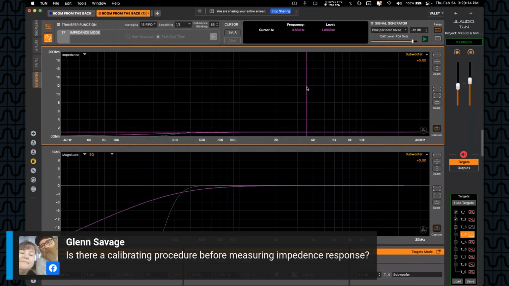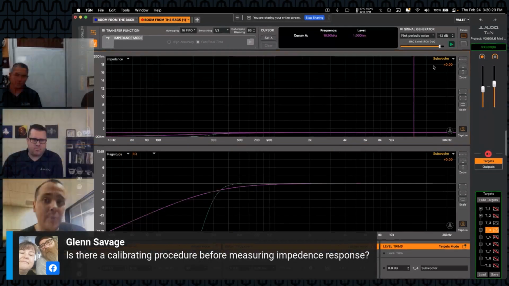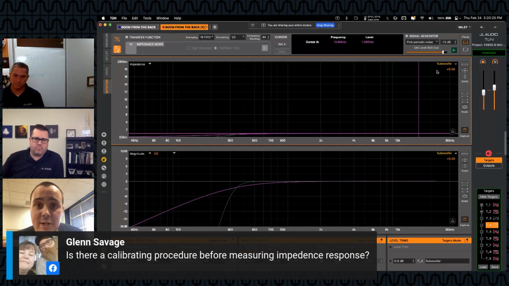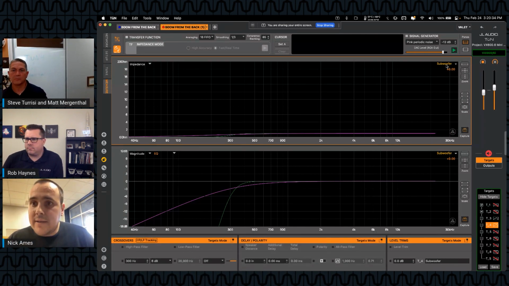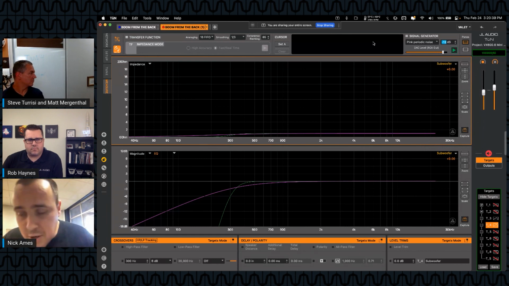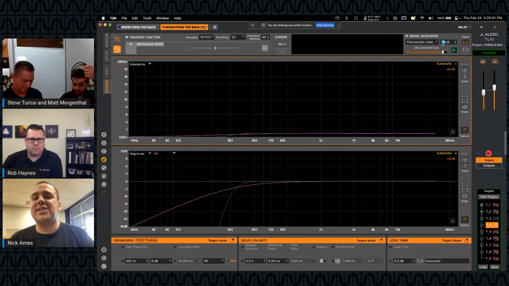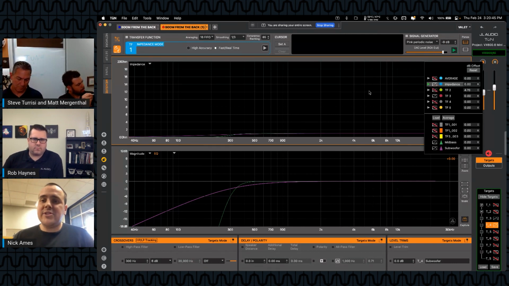So then you plug in your impedance probe, the TRS to alligator clip, and just put a known resistance on it. Something small, 10 ohms is what I recommend. Put a 10 ohm resistor on it, and you can measure the resistor with a meter. Maybe it's 9.97, whatever. And then play the noise signal through it. Play it at -12 or more. I usually use -9. I get the signal as high as I can for impedance, and then just play the impedance transfer function,